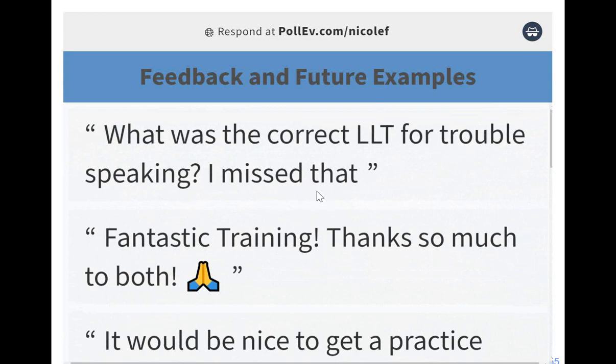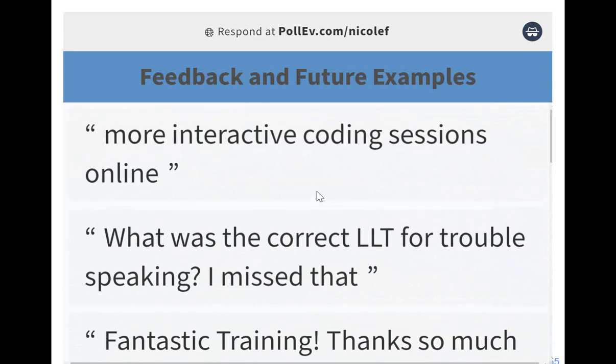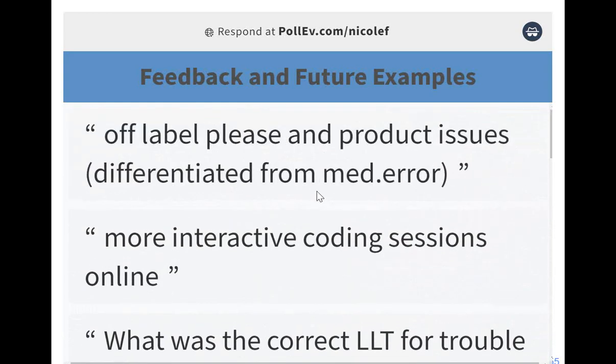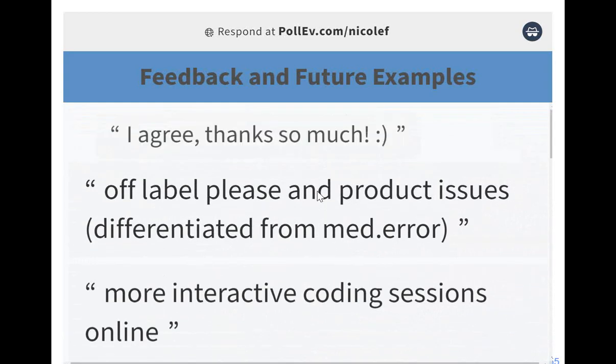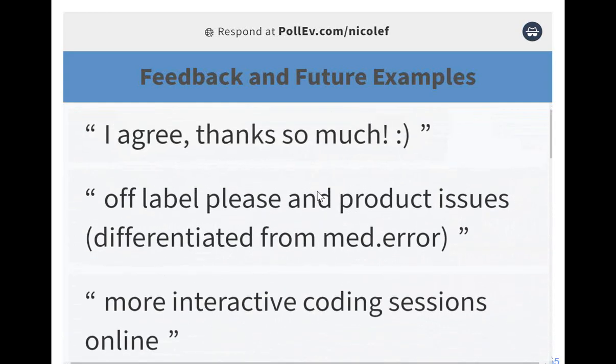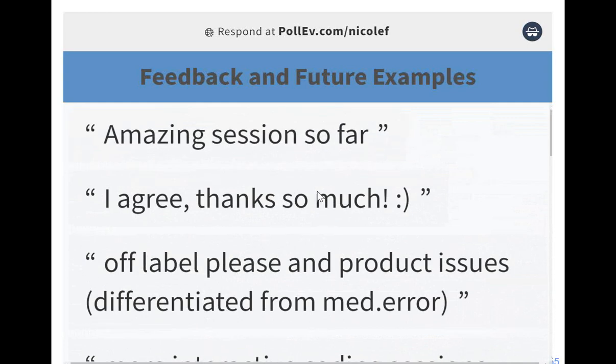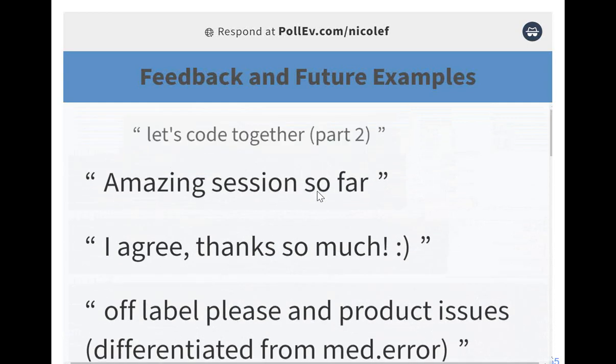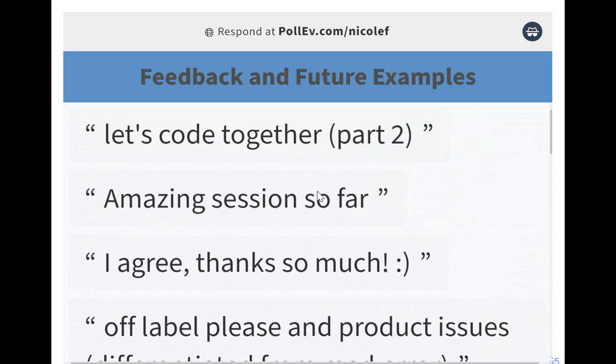So for trouble speaking, what we suggested in the end was a query would be great to handle that term, since we're unclear of what it could possibly be. And once a query is set, if you need to code in the interim, you could code to something generic like unevaluable event. There was another suggestion to use speech disorder, if your company wants to go in that direction for analysis purposes.